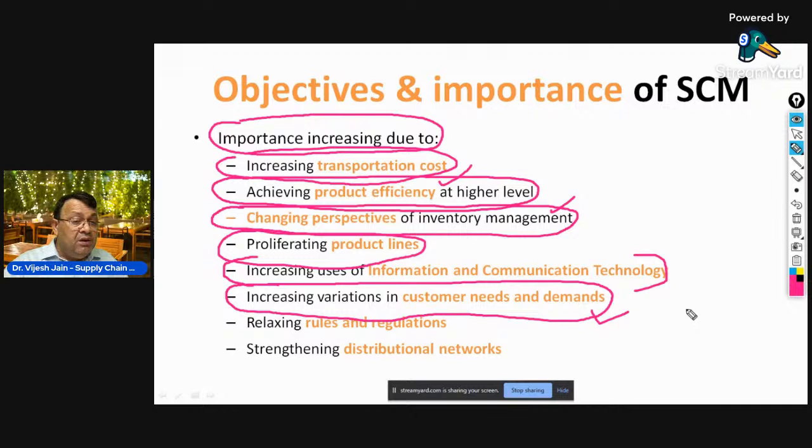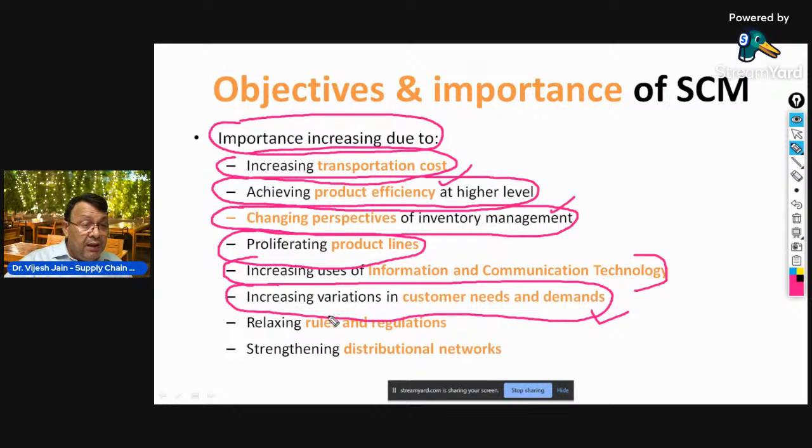So customer needs and demand are changing very fast, not only in the traditional goods of fashions like ready-made garments, but many other areas. Customer is looking for variation, for example, in the shape and types of the mobile devices, even laptop computers, or even the sports shoes. So many goods, they need constant alignment with the needs and demands of the customer, changing needs and demands of the customer,